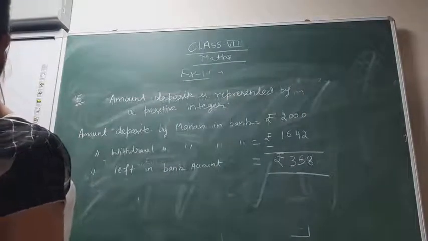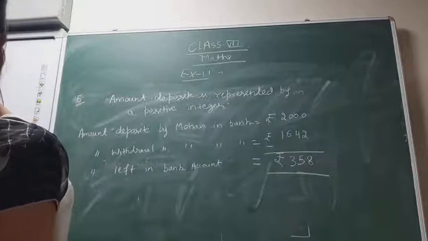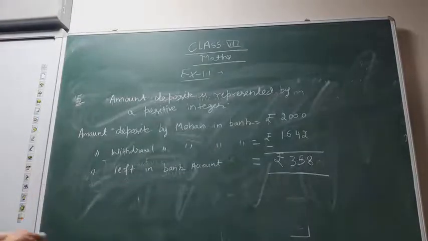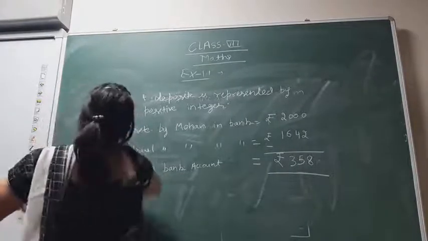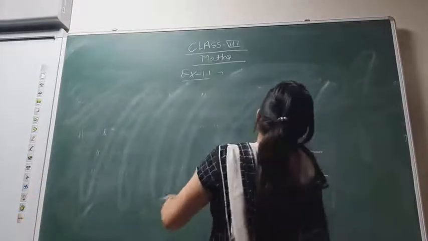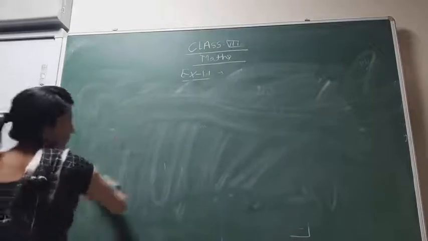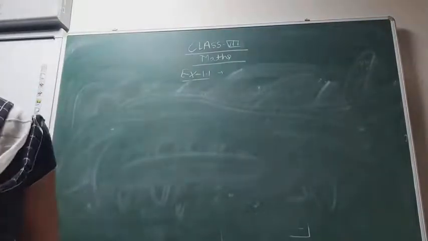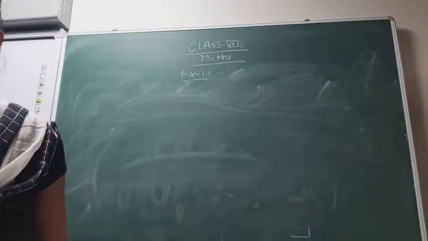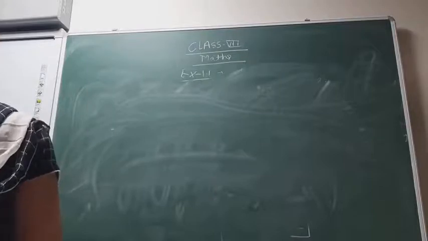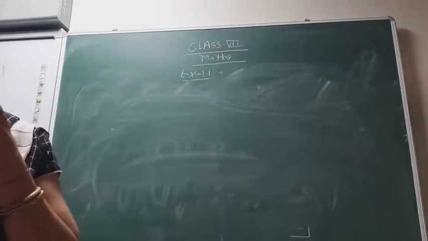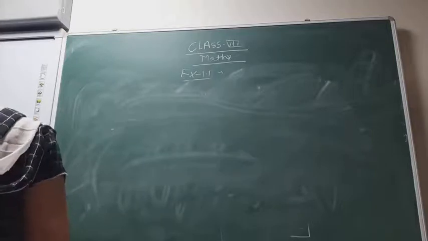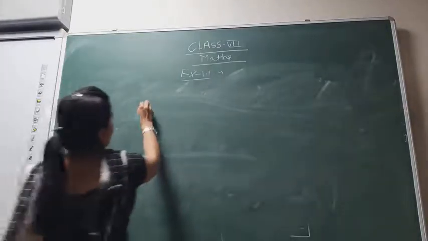Now let us start our next question. In this question, 6th question, we have told about the direction. Firstly, we will draw the figure. The statement is Rita goes 20 kilometer towards east. There is a line drawn for showing this. It is written on line west and east. I am drawing this line.